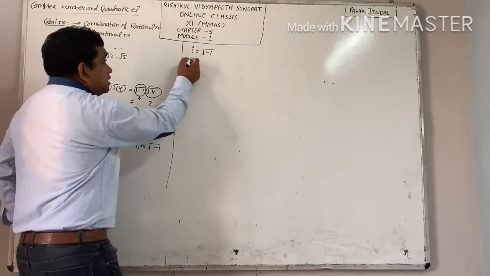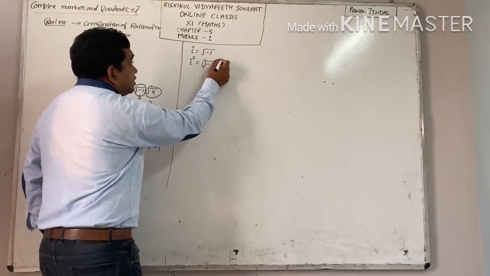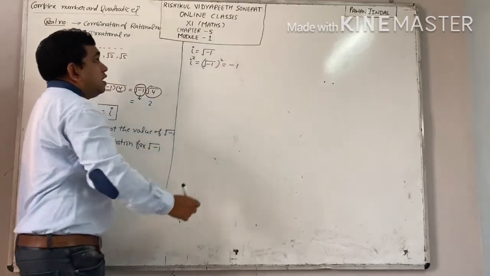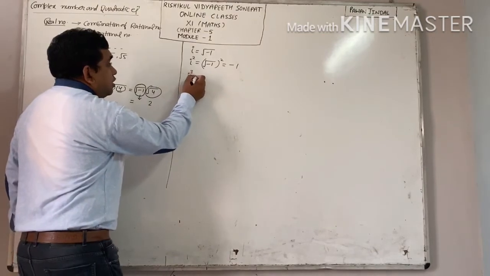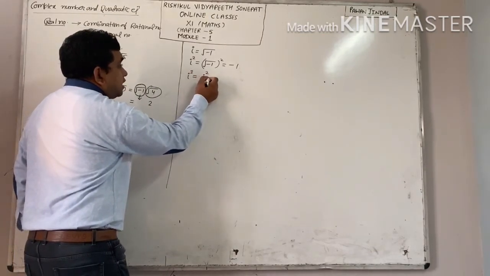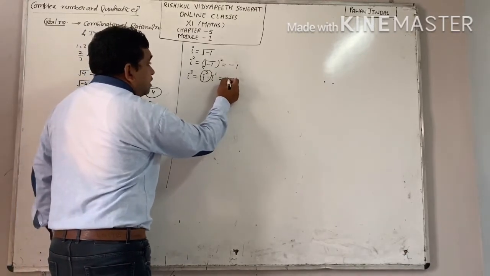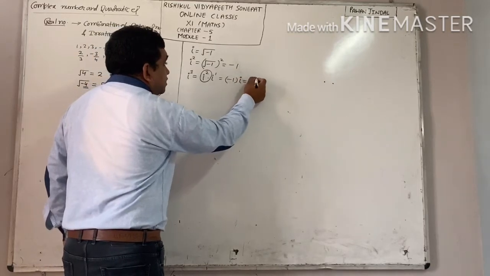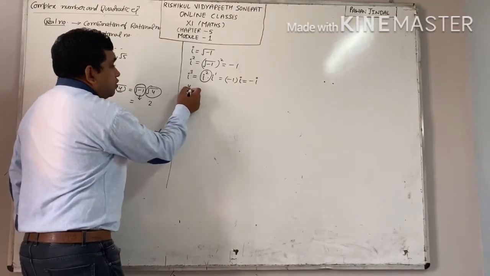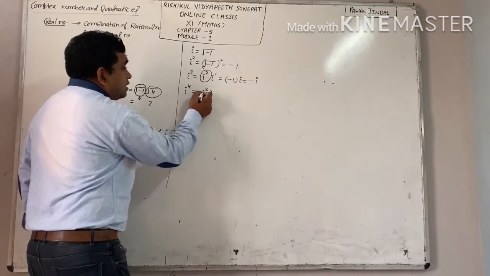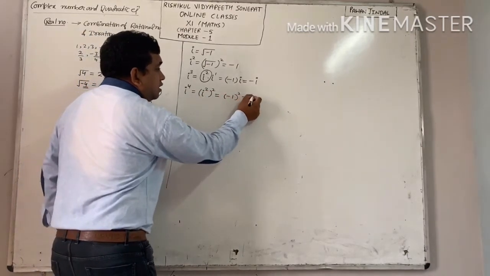Now squaring both sides, see what you will get. Iota square, this is your root minus 1 whole square. And root and square cancel out and your answer is minus 1. Now see iota cube. Break the power, we can write it as iota square into iota raised to power 1. Iota square you know very well, this is your minus 1. Minus 1 into iota, this is your minus iota. Next, iota raised to power 4. We can write it as iota square whole square. Iota square is minus 1. Minus 1 whole square.